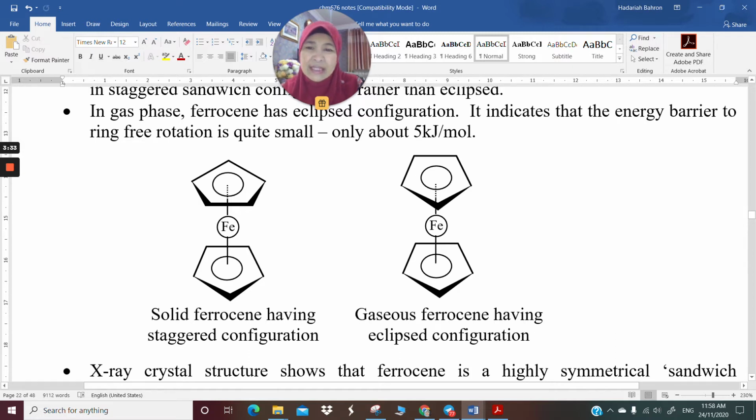What do I mean by staggered? It means that this carbon at the back of this cyclopentadienyl ring at the top is positioned above the distance between two carbons, and vice versa. This point is in between there. So this is in the solid state. It has a staggered configuration. The reason why in the solid state ferrocene adopts a staggered configuration is because it actually